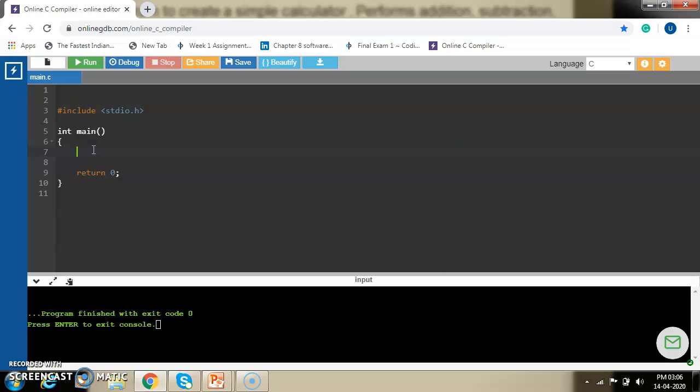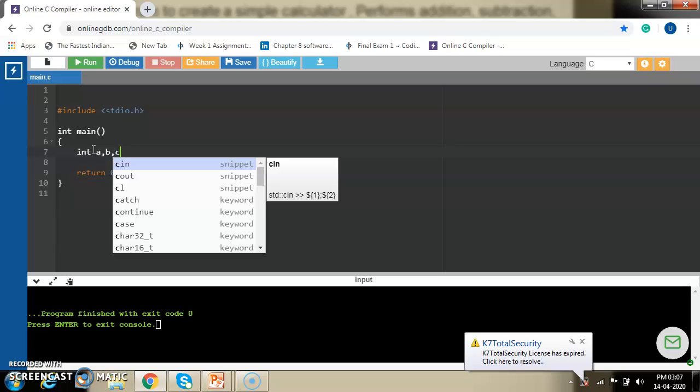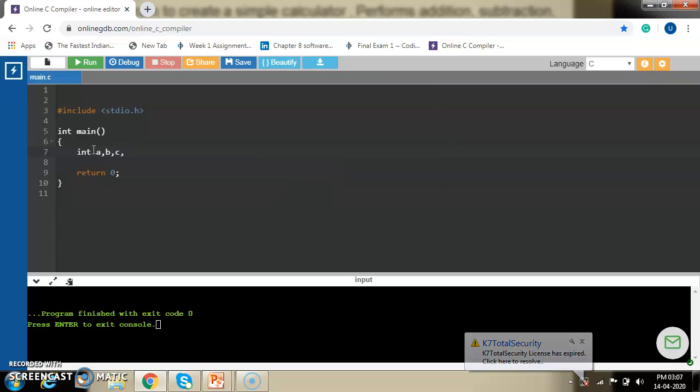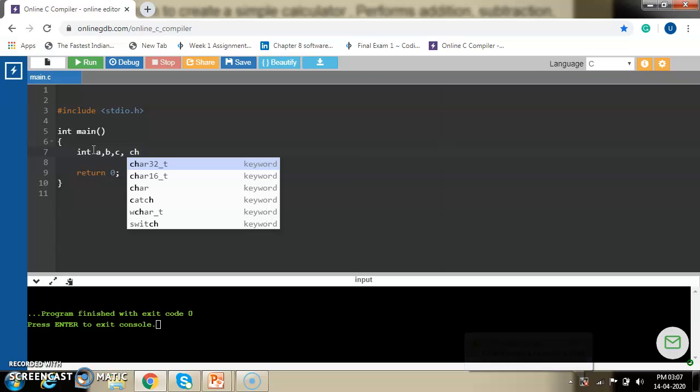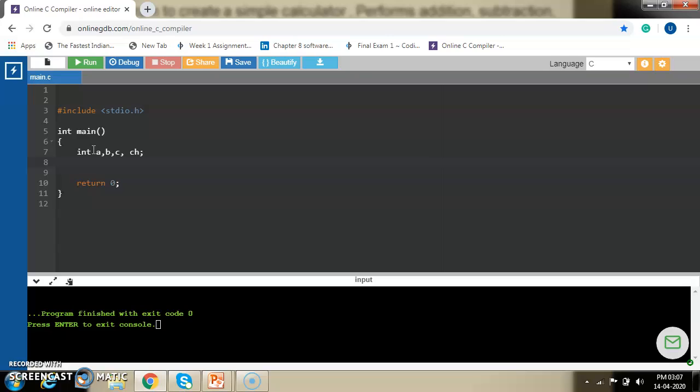For example, we write over here, say integer a, b. Suppose I want to write a program for addition or subtraction of two numbers, then we take values a, b, c and one more variable to ask for a choice from the user, say ch. Now whenever we write a switch program, we have to tell the user what they have to press for a particular choice.